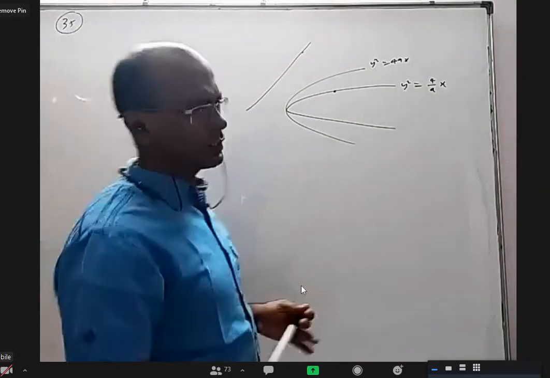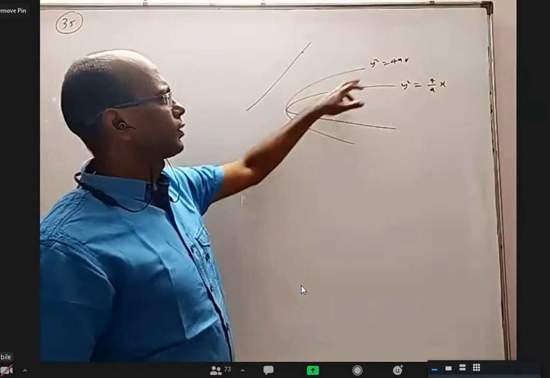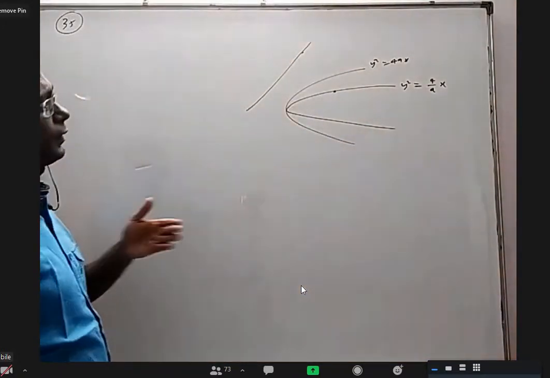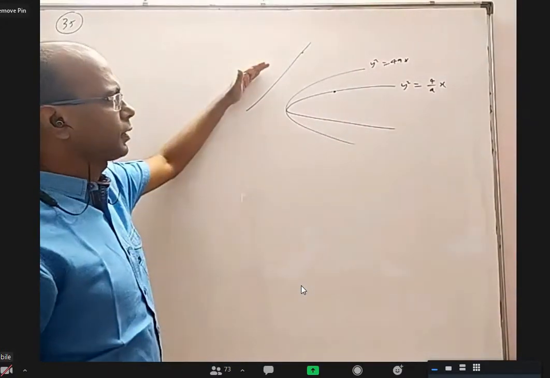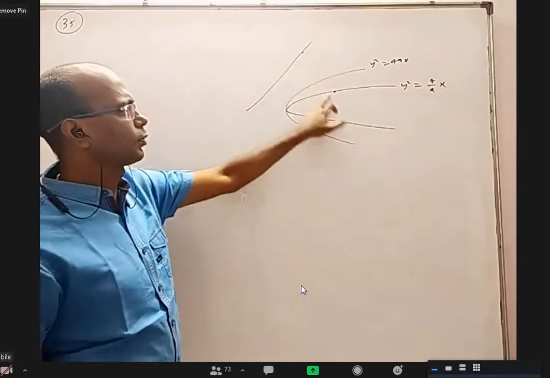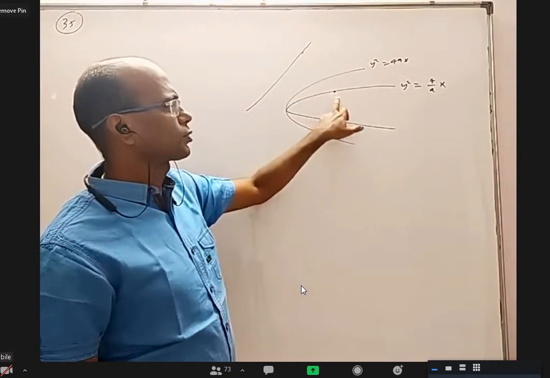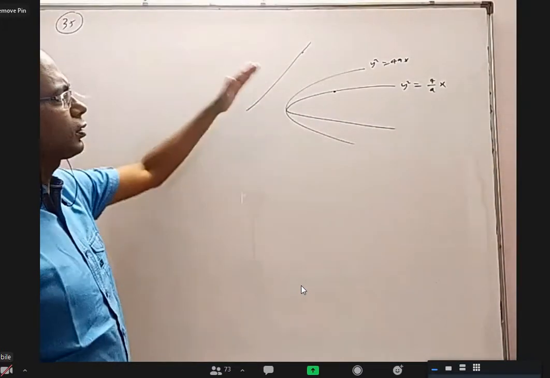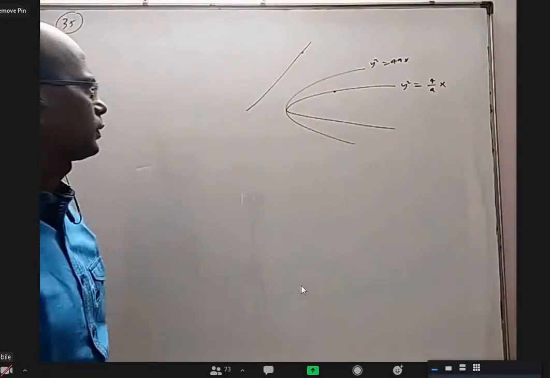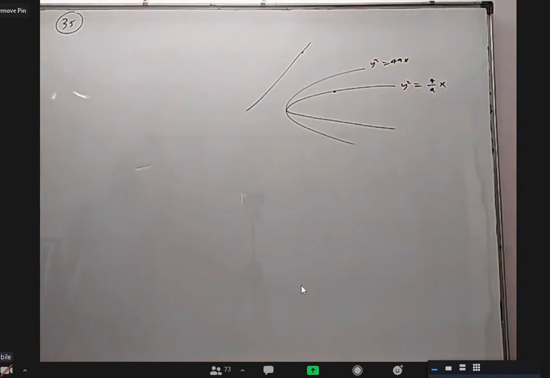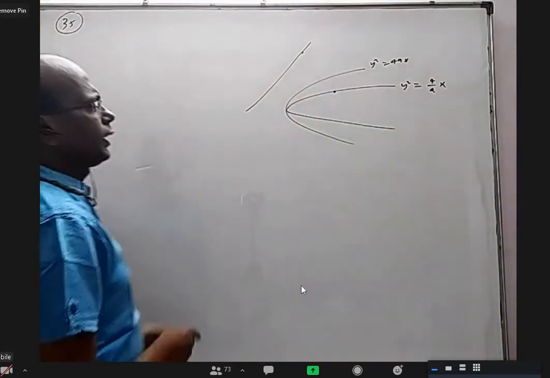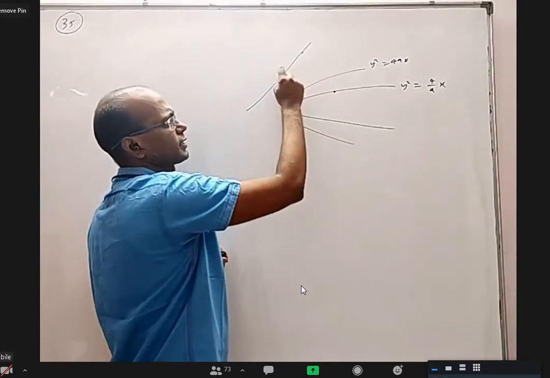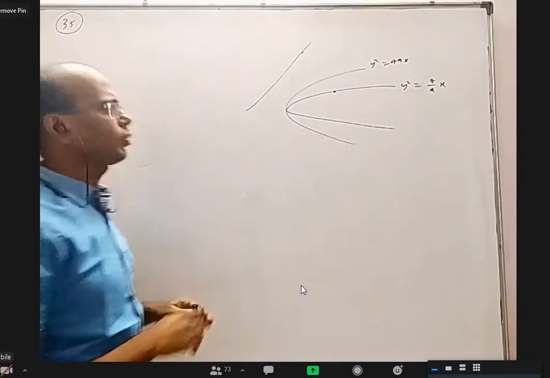Okay, the question is like this. There are two parabolas, y square equal to 4x, y square equal to 4 by ax. There is a line maybe outside the parabola. With respect to this, it has a pole, and that pole should lie on this. Like that, there are a lot of lines. All those lines are tangents to some parabola or some curve. They're asking what is that. I can take a general point here, find the polar with respect to this, that is this line, and see what it touches.